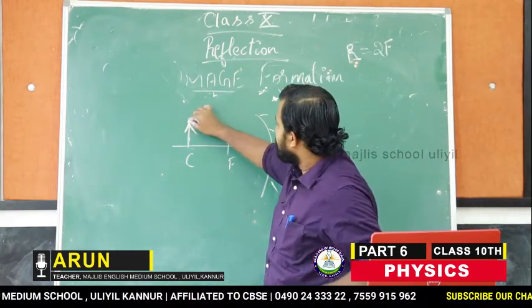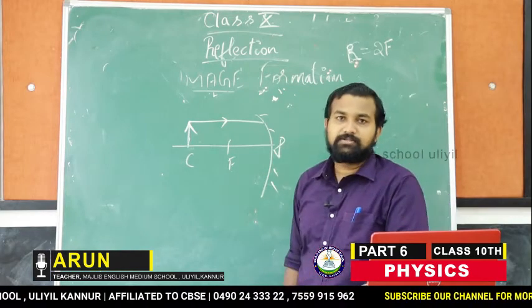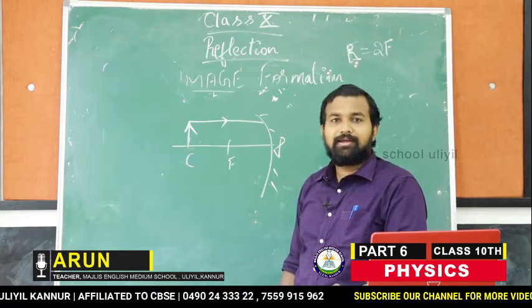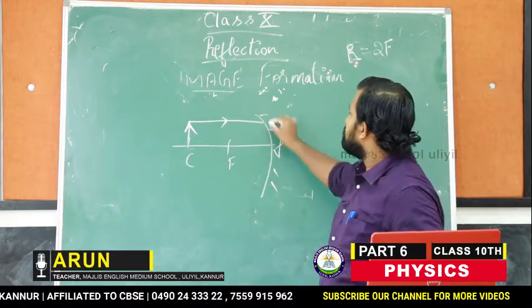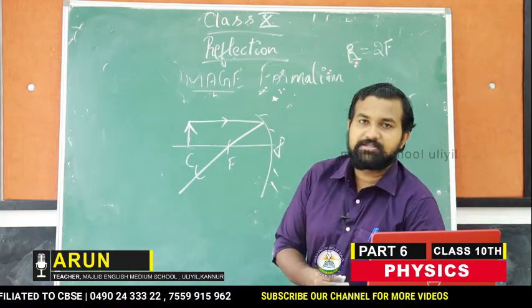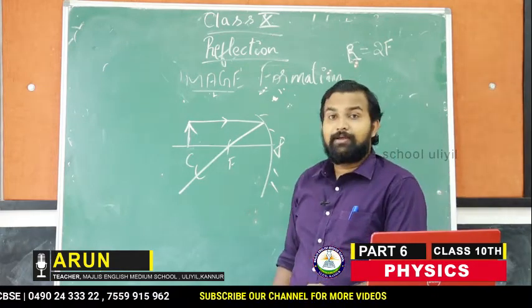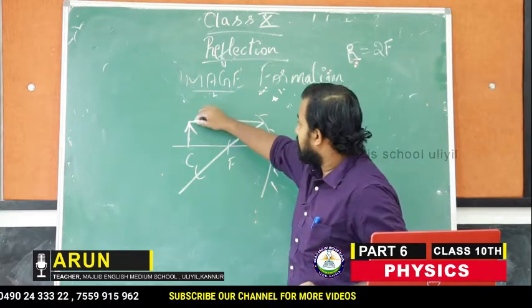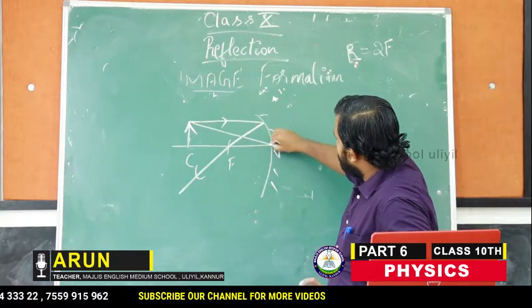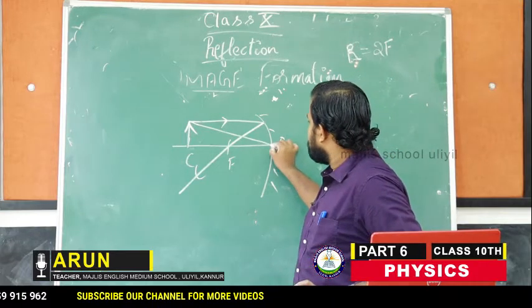Okay. So one ray which I am taking is the ray coming parallel to the principal axis. So what will happen? It will pass through the focus. We have discussed it. The second ray, for the time being, I will take the ray passing through the pole. Okay, let it be the ray passing through the pole. How will it move? It will move in such a way that,